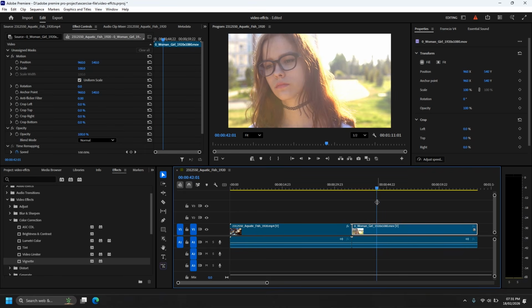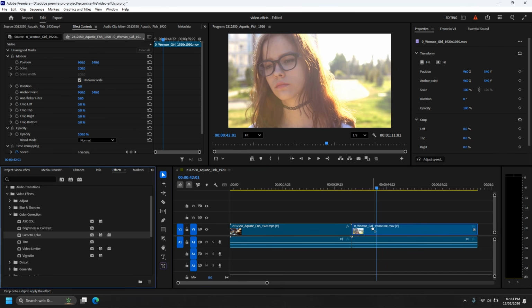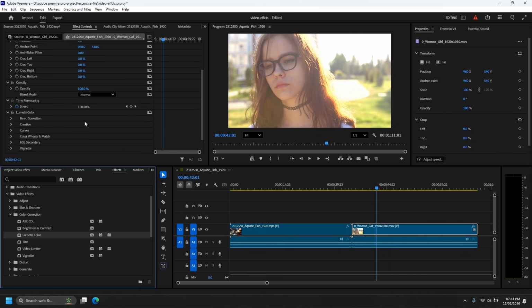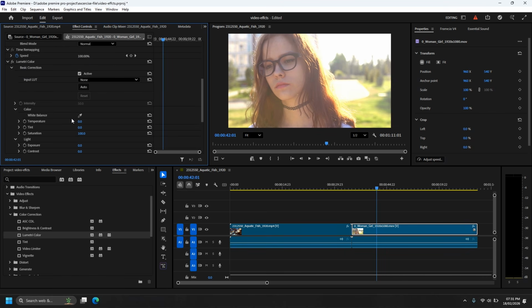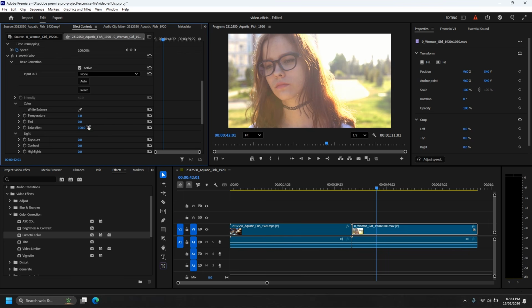Now let's move to another clip, and let's apply one more effect. Choose Lumetri Color. Drag it onto the second clip. Go to the Effect Controls panel. Inside Lumetri Color, you can adjust temperature, tint, saturation,